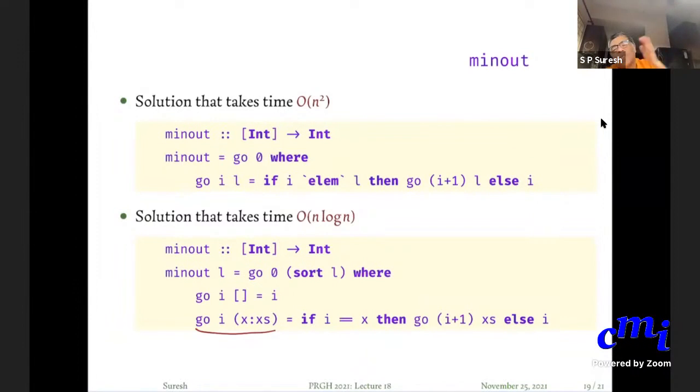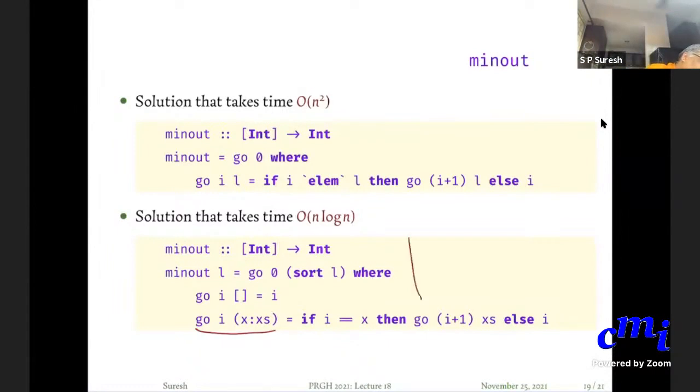But the point is, you have a bunch of zeros. After that, you have a bunch of ones. After that, you have a bunch of twos. The first point where you skip an element, you can detect it. Okay. That is all you need to check. Check for where you are skipping an element.